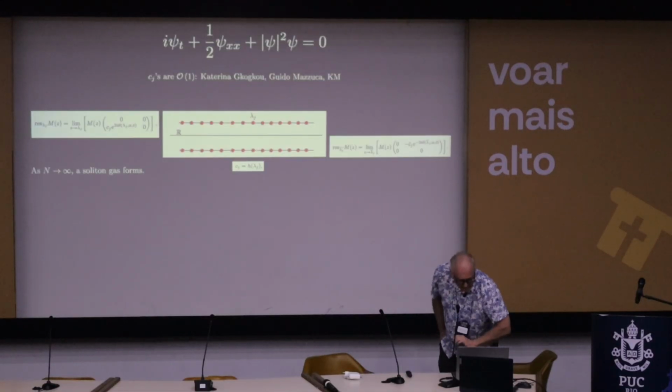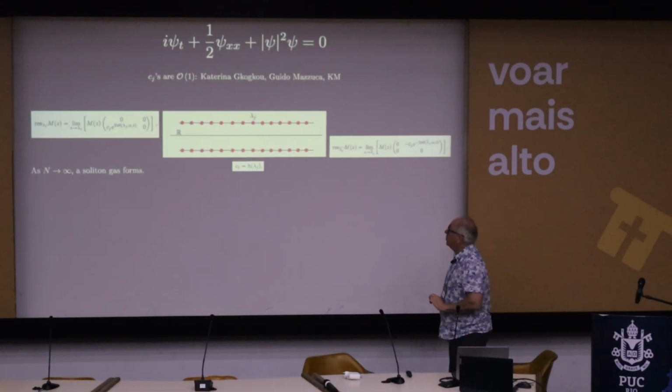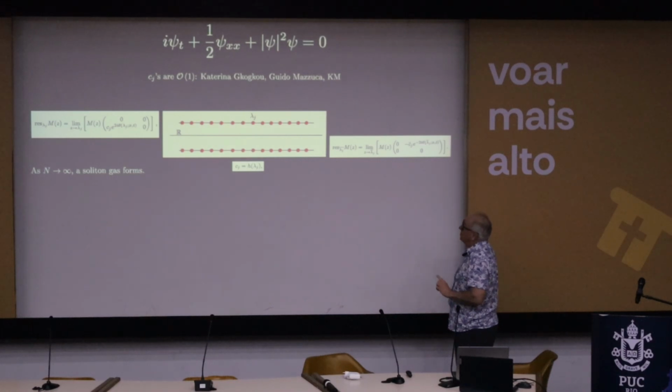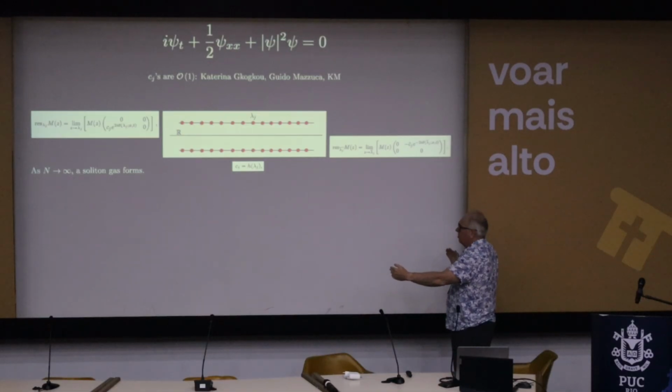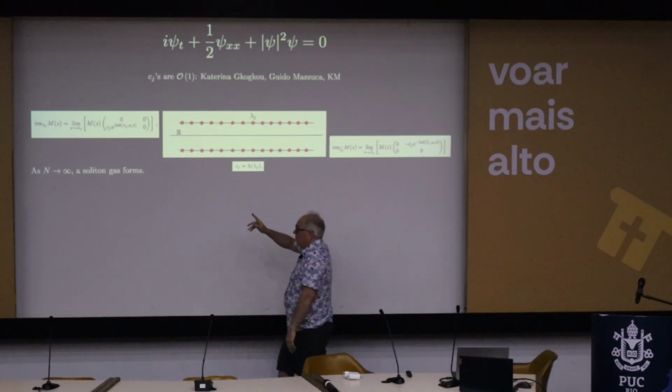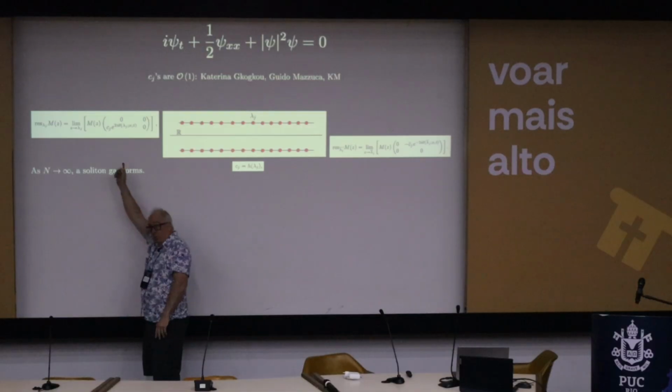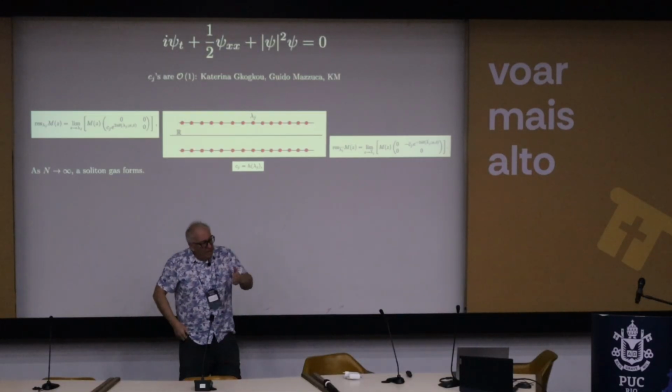Okay, so but more recently, Guido and Aikaterini, so Aikaterini Gkogkou and Guido Mazzuca, who are postdocs at Tulane, they study this same problem, focusing nonlinear Schrodinger equation, with poles accumulating, as you see there, on a finite interval in the upper half plane and the complex conjugate interval in the lower half plane. This is now for the nonlinear Schrodinger equation instead of the KdV or modified KdV equation. But the important thing is the residue conditions, which are very similar looking, are no longer 1 over n. So we're staring right at the heart of the beast.